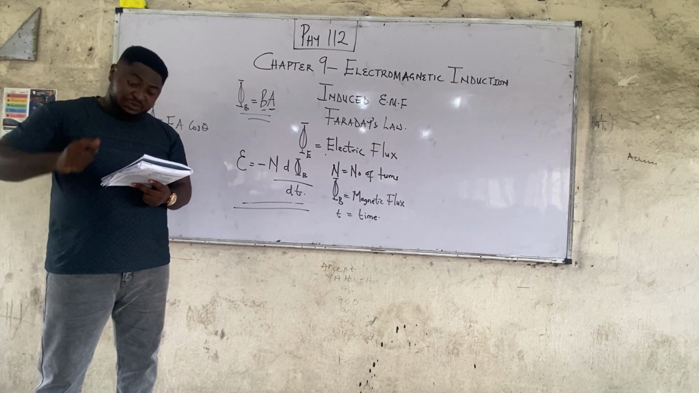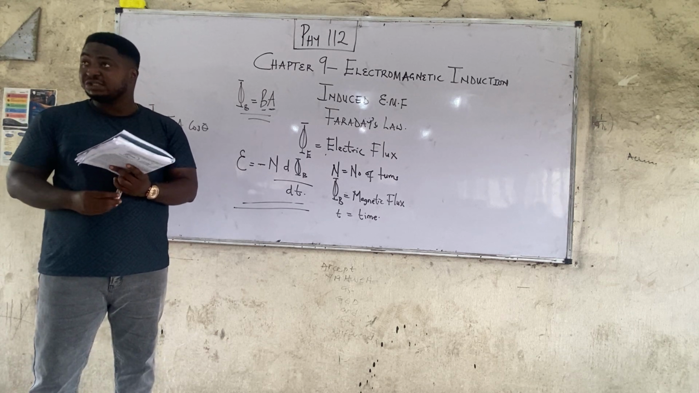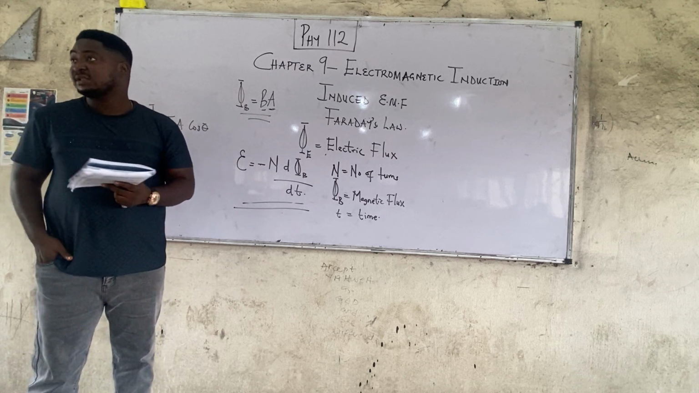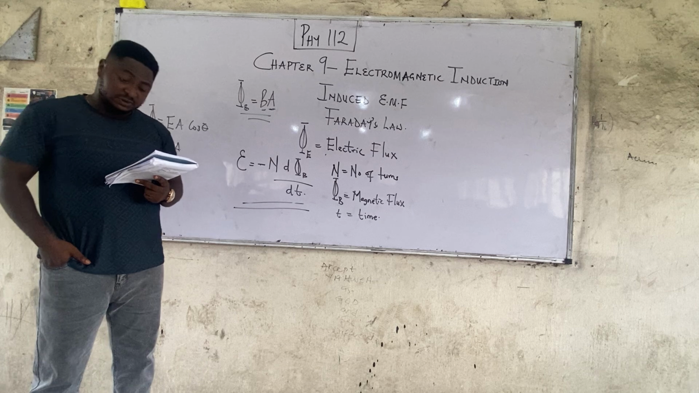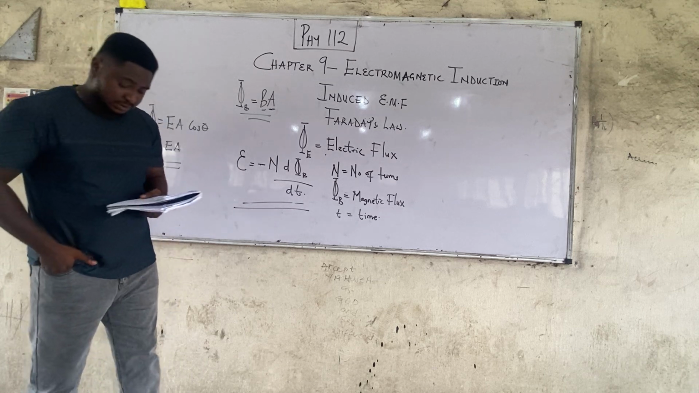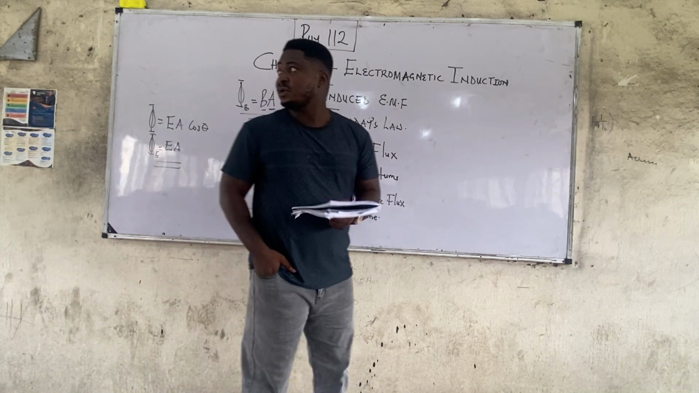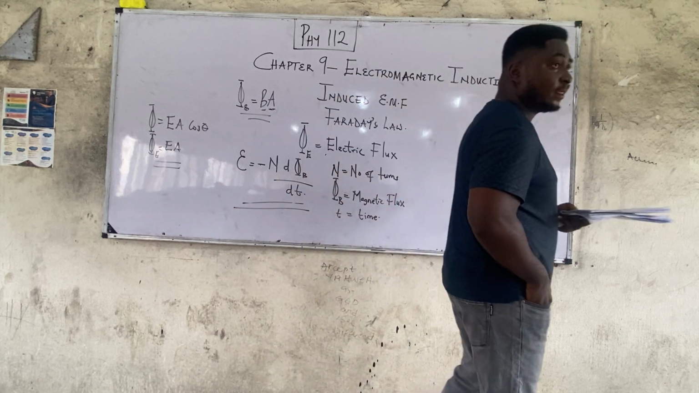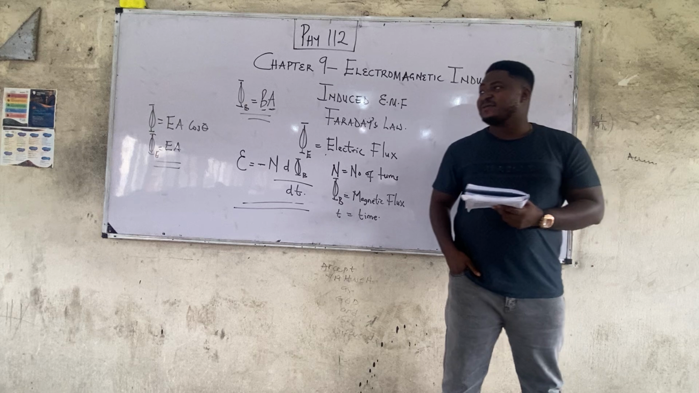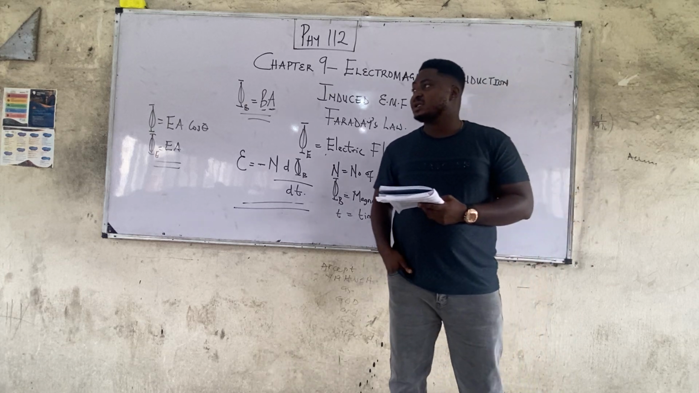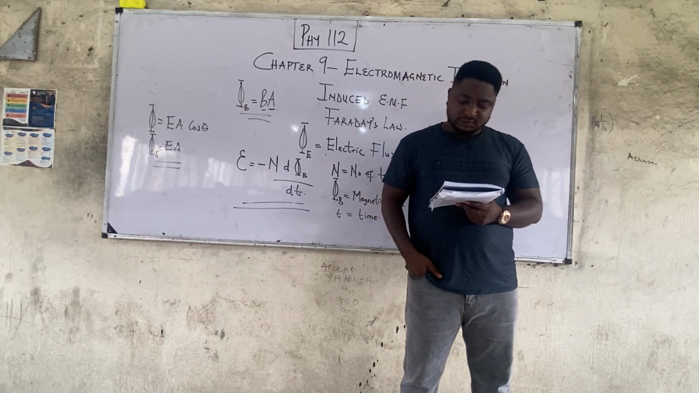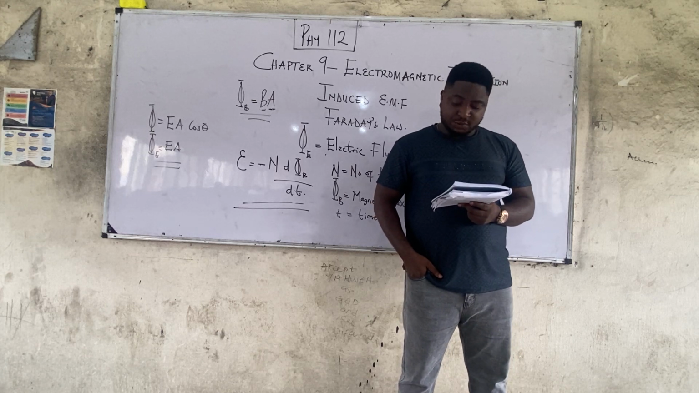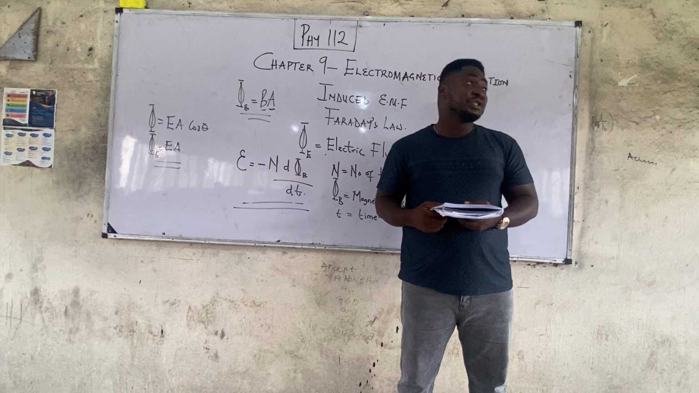Right now, there are three ways in which the magnetic flux through a coil can be changed. One,